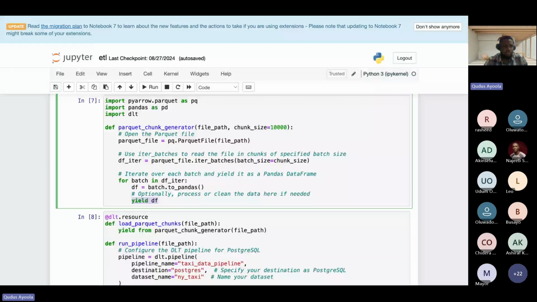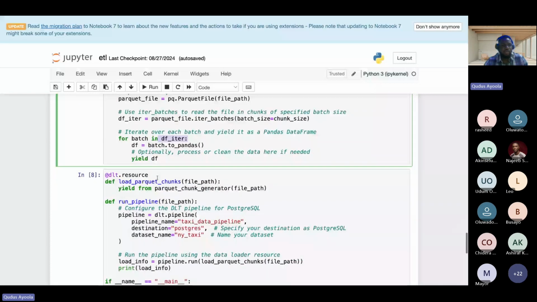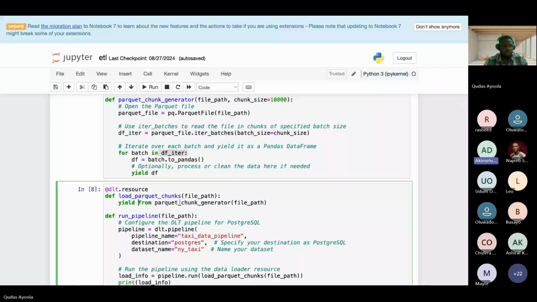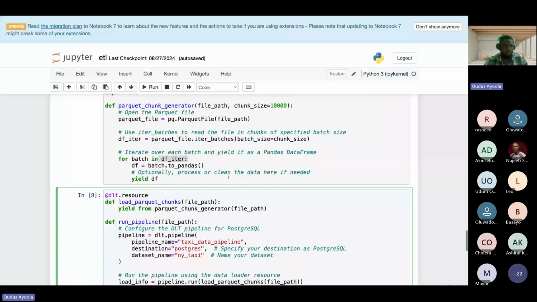So I'm not loading the data in memory. I just have this defined such that it yields this result. So what this means is it only fetches the data batch by batch. So I can then come here and tell it to yield from this data defined here. So I'm not returning any list and I'm not appending any of those files.